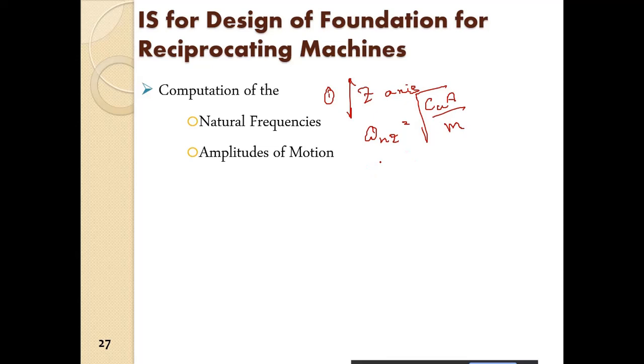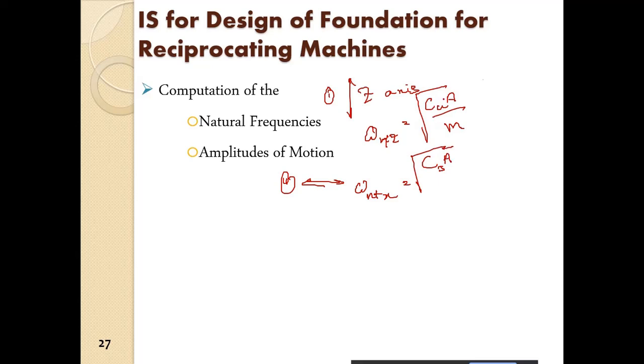So that is the frequency of motion about the z-axis. Then number two, the frequency of motion about the x-axis. This is translation, omega n x, in the x direction. We have root over C_τ A